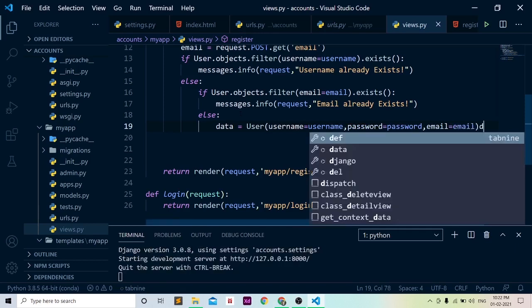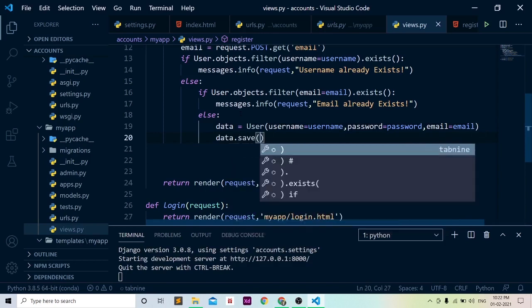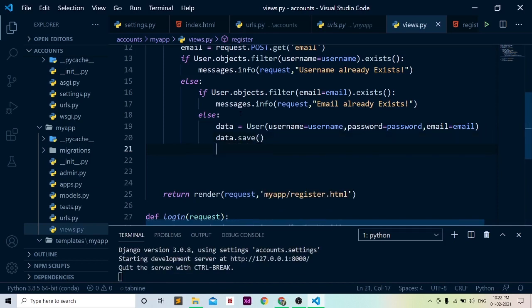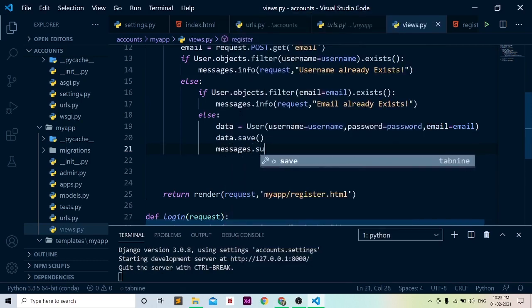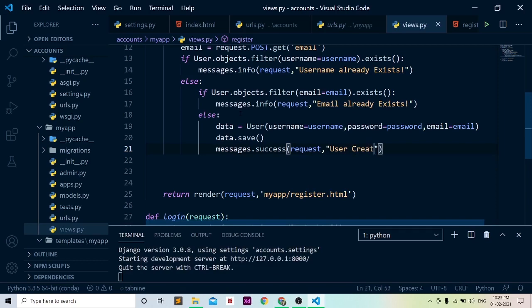That's it. Now we have to call the data.save method. By writing this code, data will be saved into your database. Now we can add one message, that is messages.success, which takes request and user created